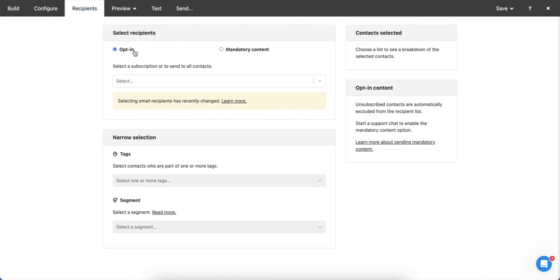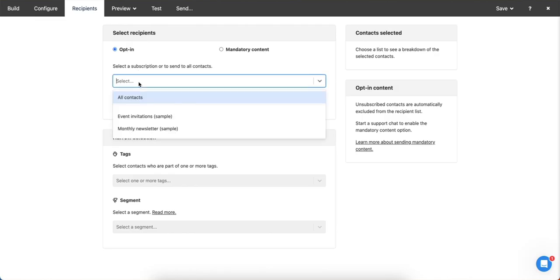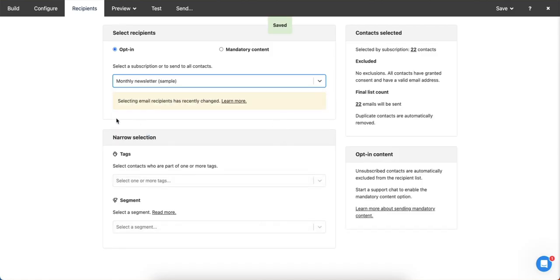So we leave this opt-in, which is the default setting, and select the subscription. Which of the subscribers will this message be sent to? These are opt-in subscriptions that your contacts can sign up to receive, and also they can opt out self-serve from these subscriptions. So we're going to select a newsletter example, and now it shows that there are 22 people who